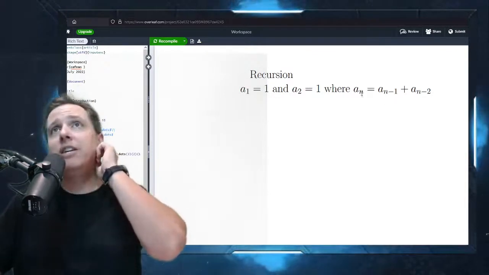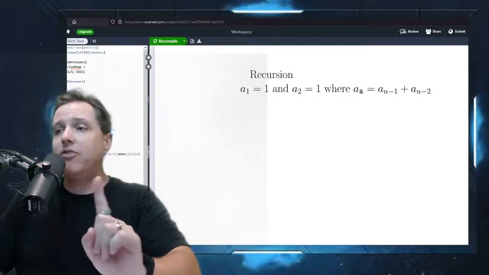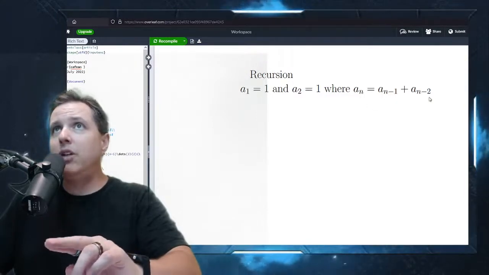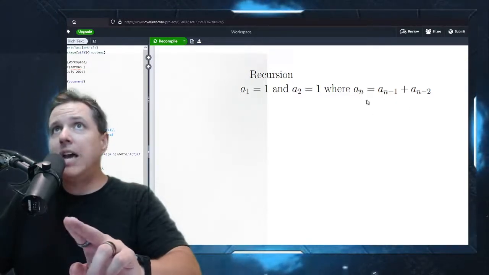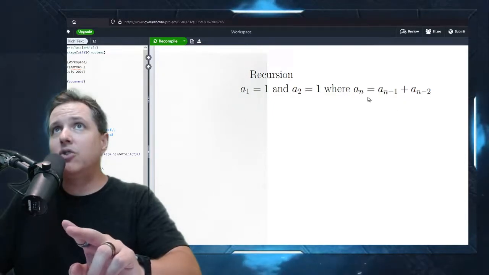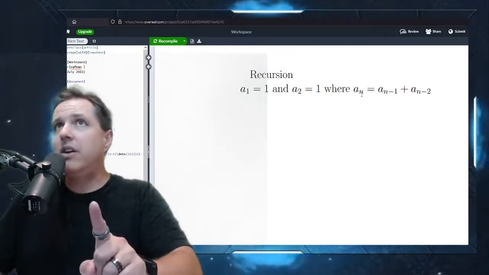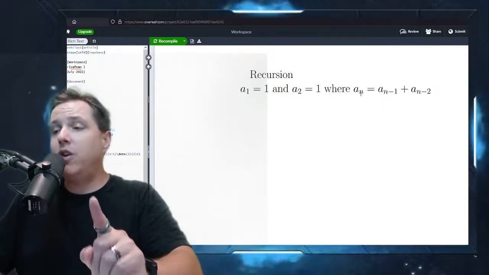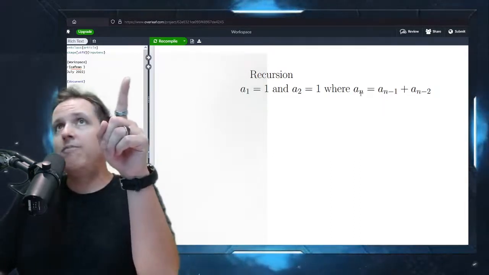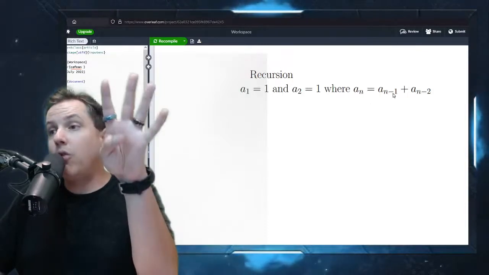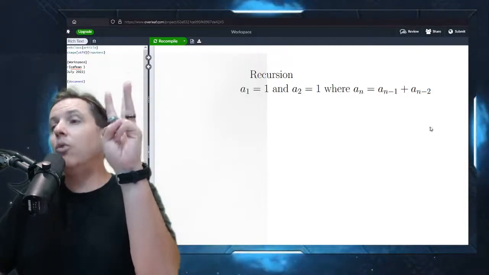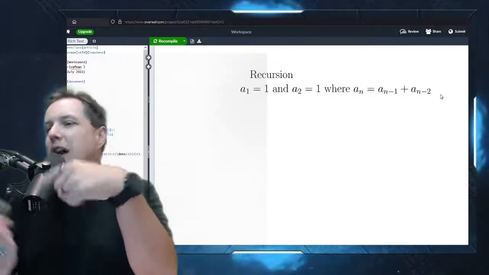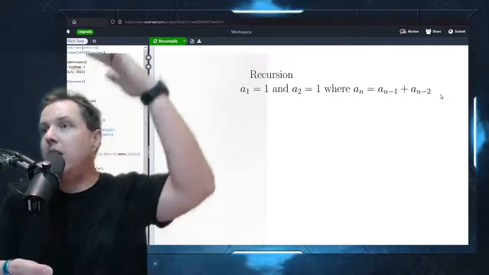So the Fibonacci sequence says if you want to know the nth term of the Fibonacci sequence, you take the two terms that came before it. So if we're at n, then that's n minus 1 and n minus 2. Like if n was 5, then n minus 1 is 4, and n minus 2 is 3. In other words, if we want to know the fifth term of the Fibonacci sequence, we're going to add together the fourth term with the third term. And you can see how that means you have to start from the bottom and work your way up.